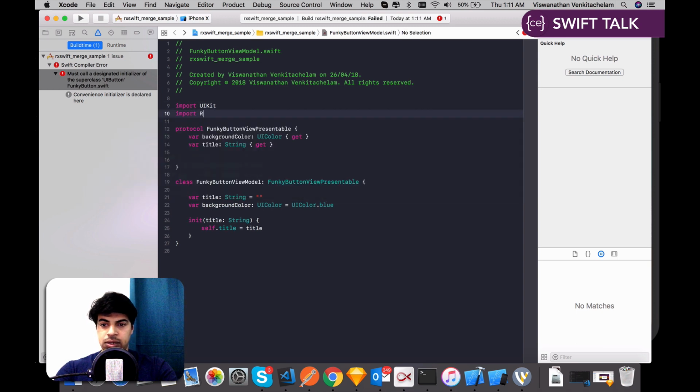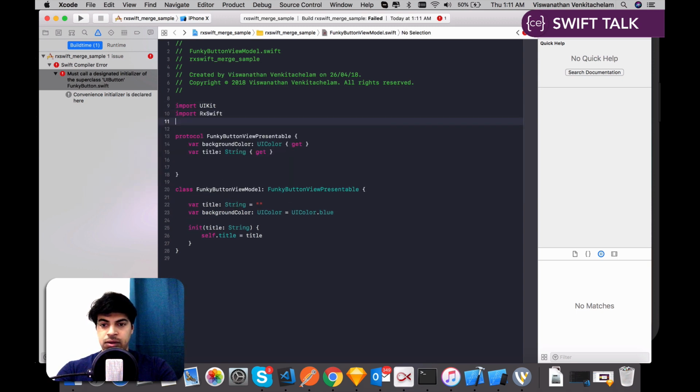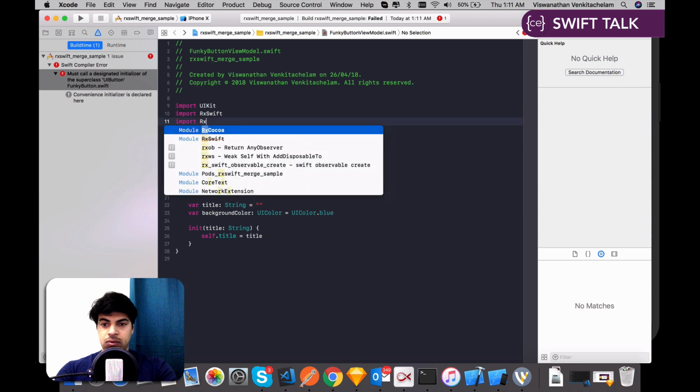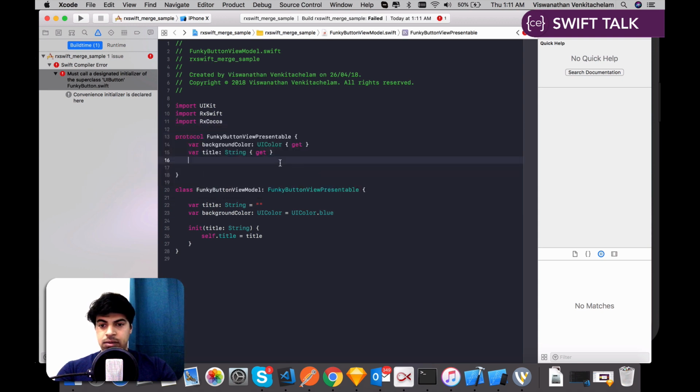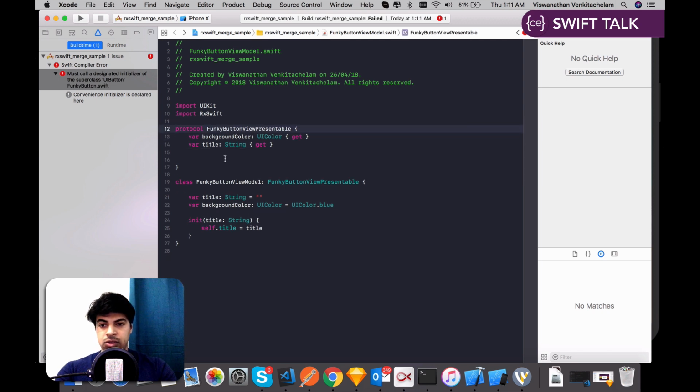Rx, import RxSwift, RxCocoa, and then, okay, Cocoa is not needed here. So RxSwift, and then a PublishSubject, which let's call funky tap. PublishSubject. PublishSubject is nothing but